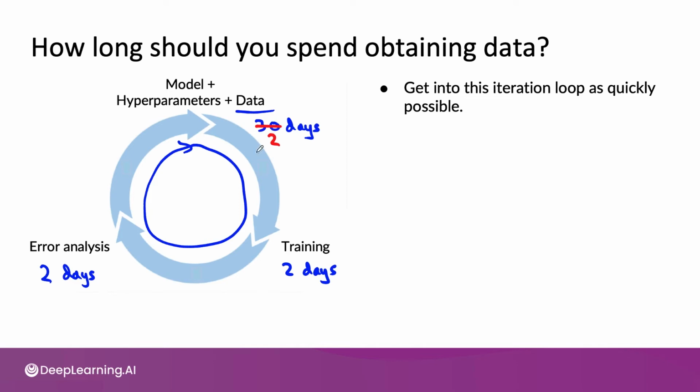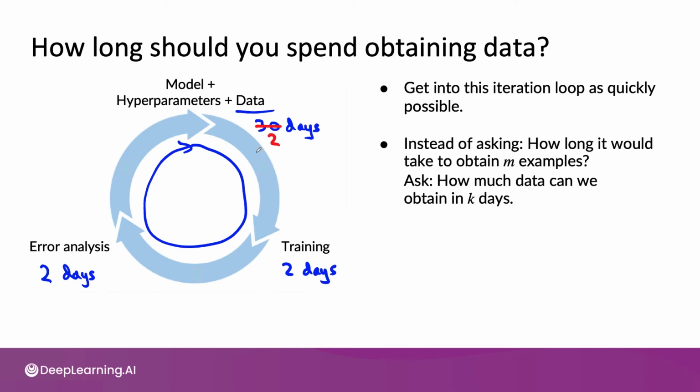I've found for a lot of projects I've led, when I go to the team and say, hey everyone, we're going to spend at most 7 days collecting data. So what can we do? I've found that posing the question that way often leads to much more creative ways, ways that still 100% respect user privacy and follow regulatory considerations, if any, but much more creative, scrappy ways to get a lot of data quickly. And that allows you to enter this iteration loop much more quickly and lets the project make faster progress.